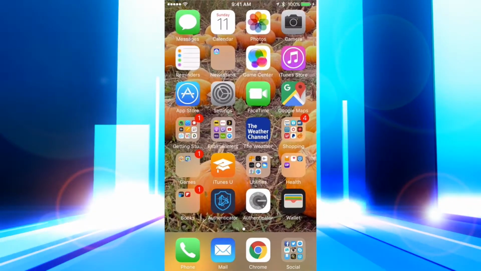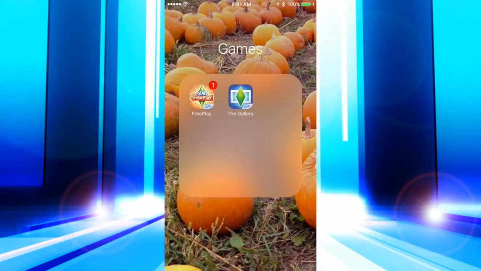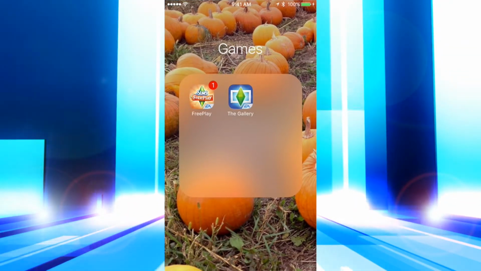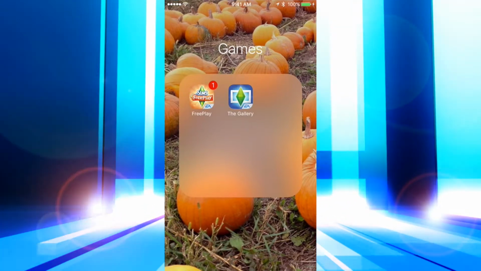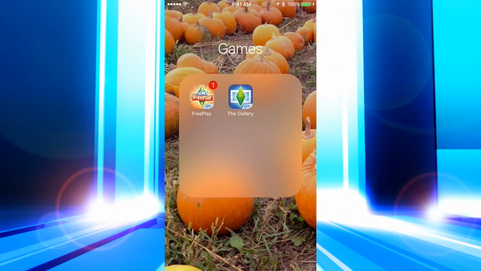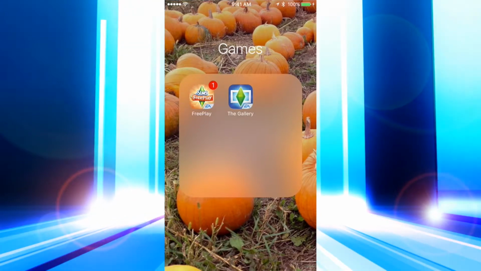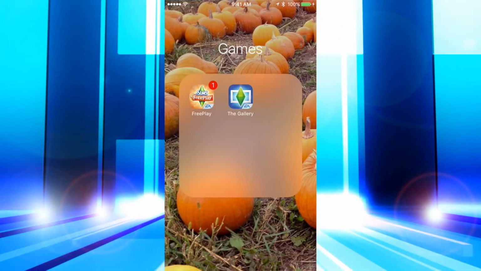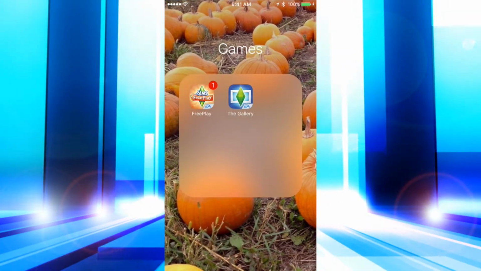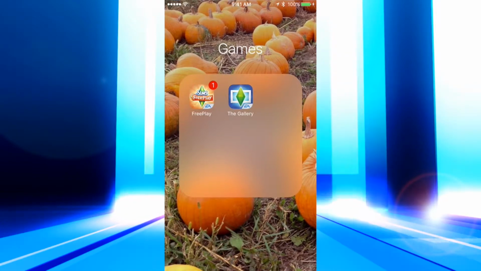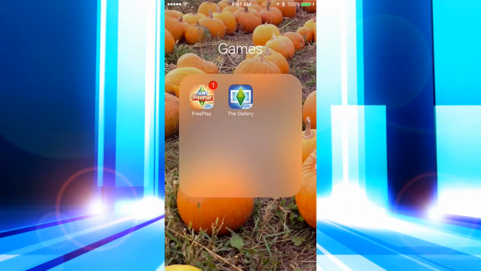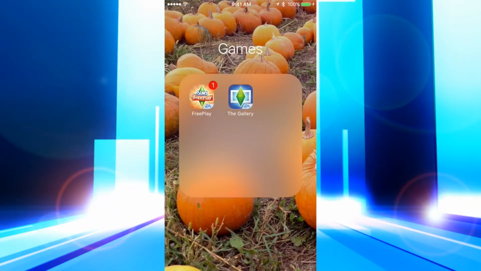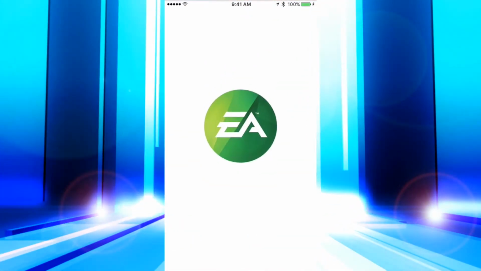Let's see, what else? Games. Because I have limited space, I only have Sims Free Play, but every now and then I can manage to muster enough space to have Hearthstone in there. The gallery I have in here because every now and then,